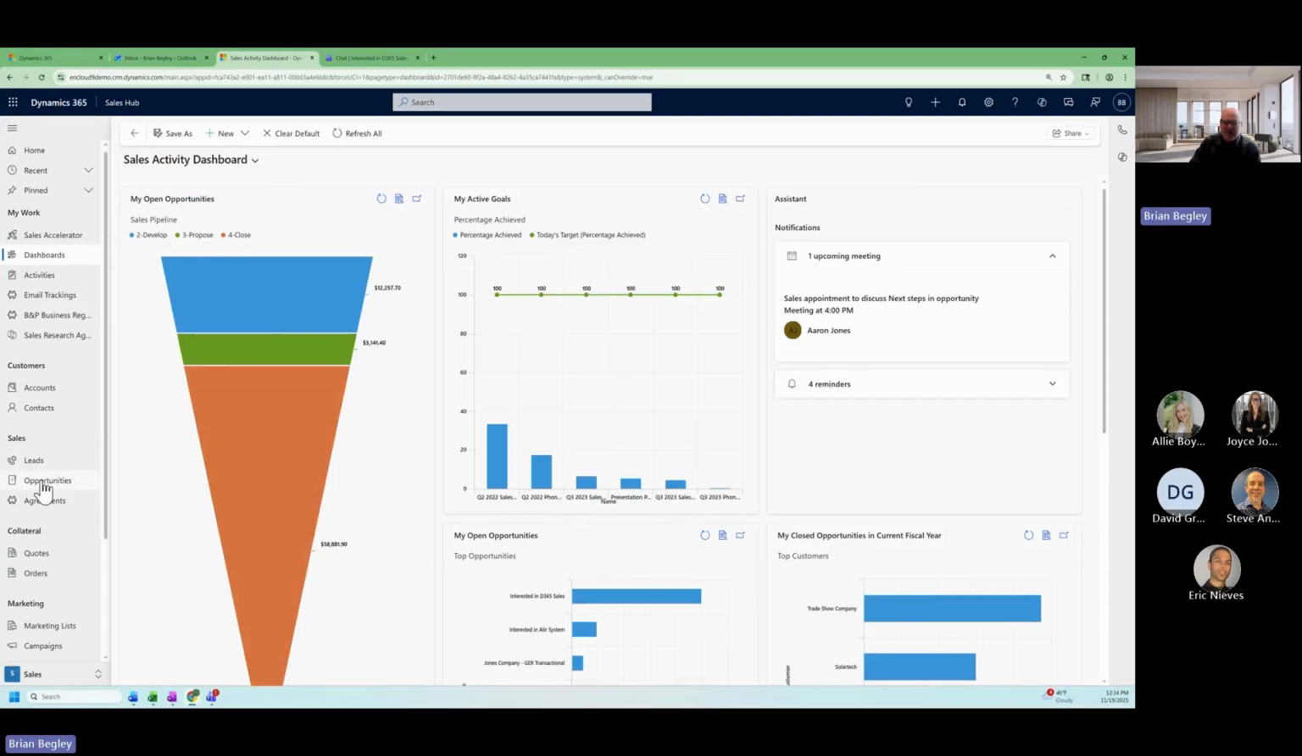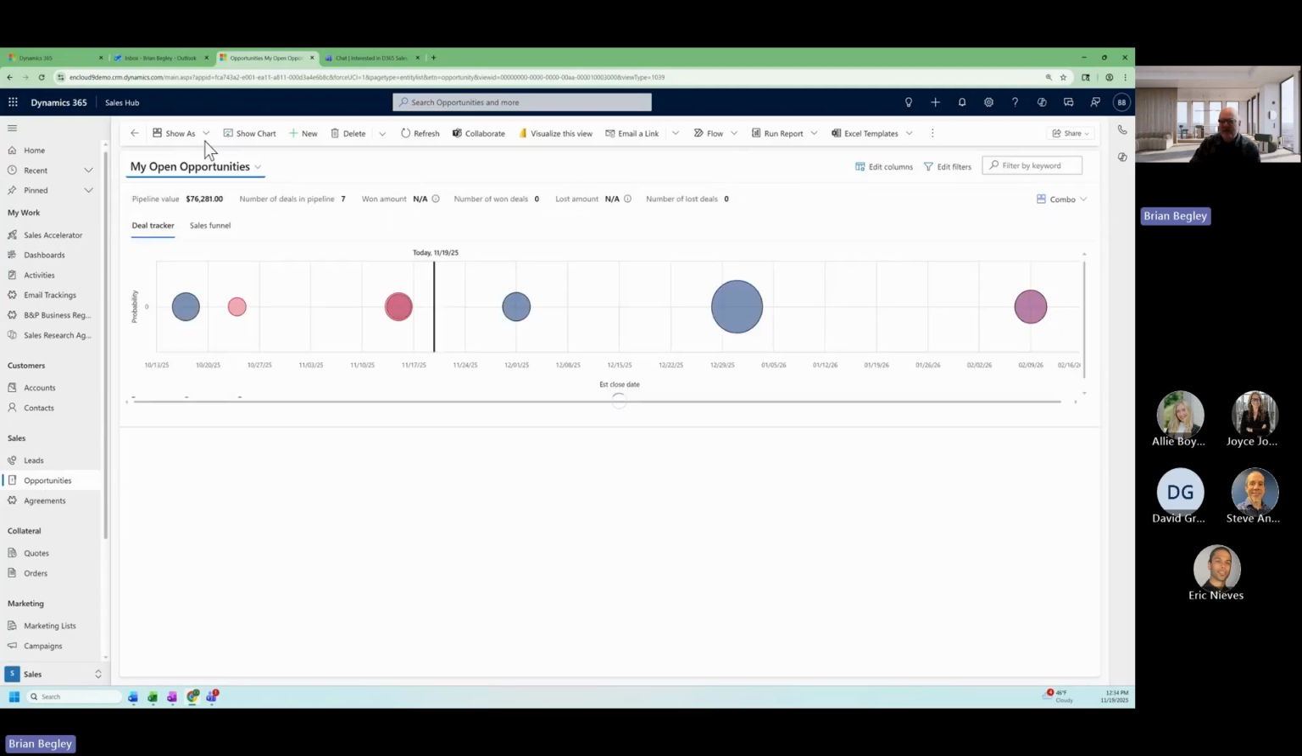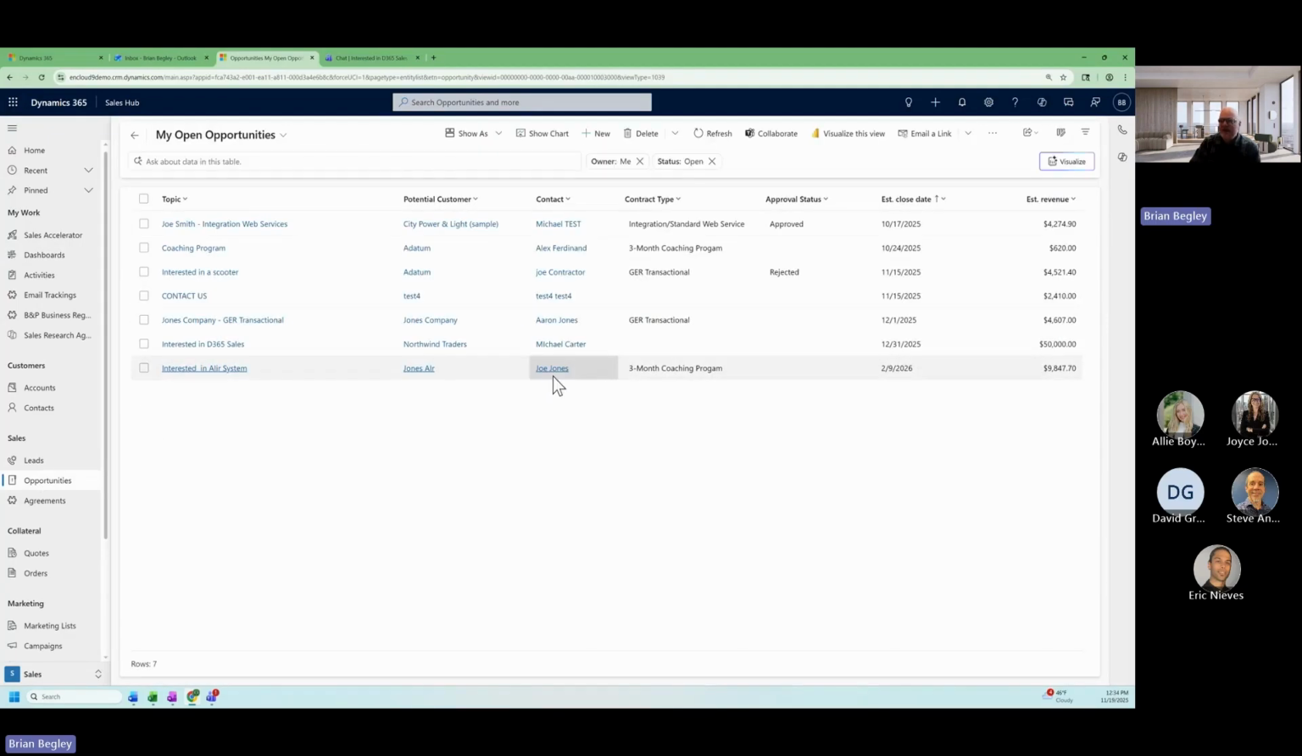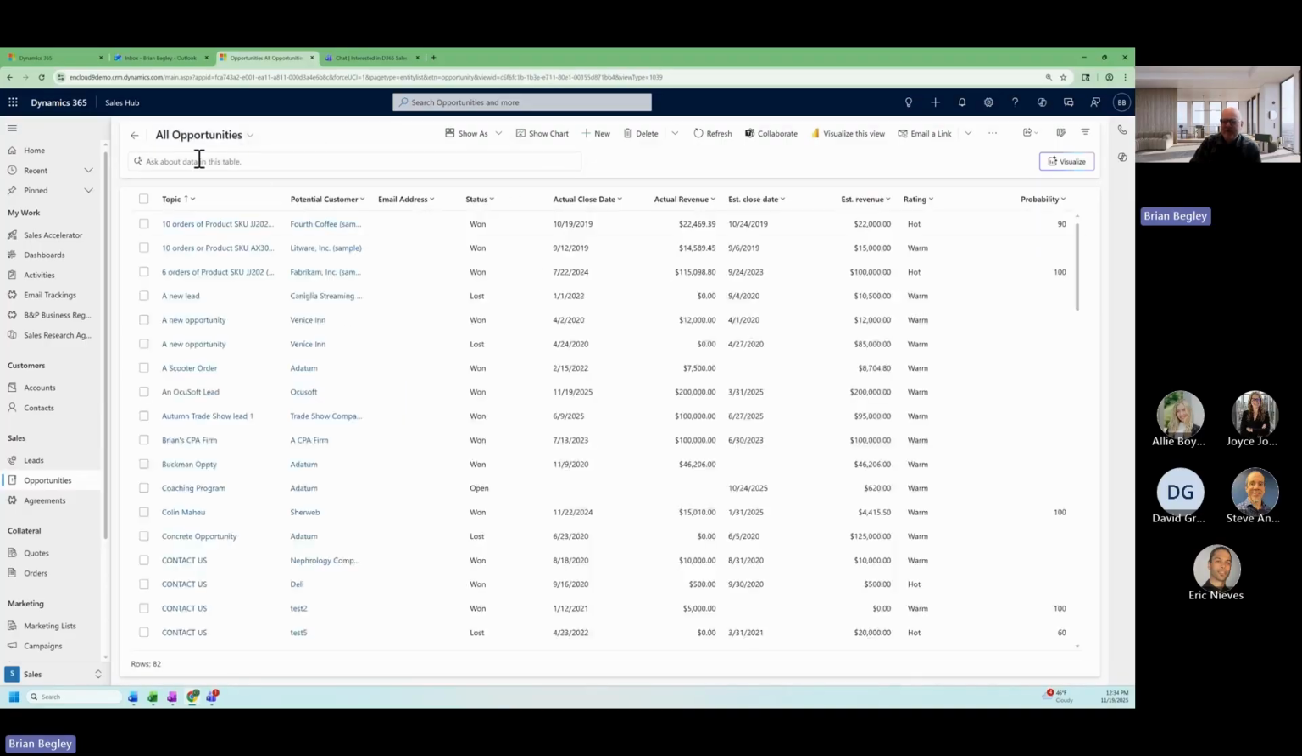We also have tools that allow us to show information in Power BI. We have this one little tool here in our open opportunities. I'm just going to show a view called All Opportunities here, because that has a lot more data. It has 82 different records. If I click on this Visualize this view,